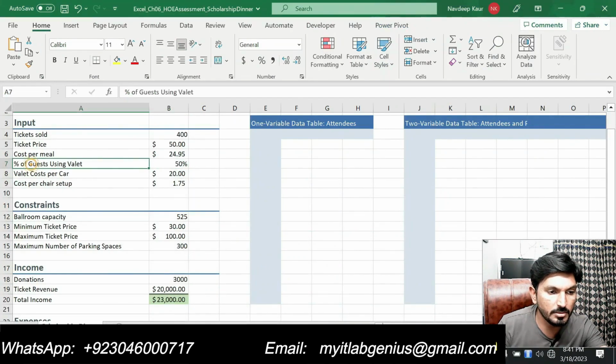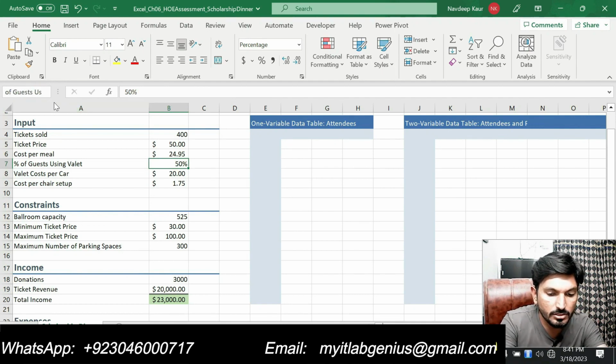So I will type the number of guests using valet to this one, and we will type an underscore after each single word. So press enter,